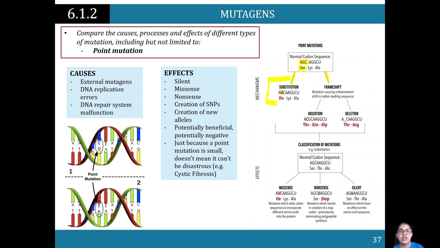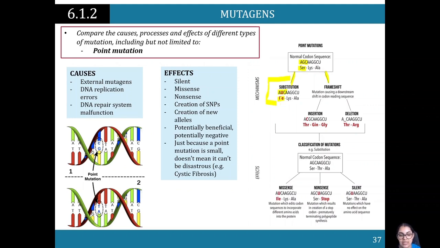Transcription has occurred, translation is happening now, but during transcription there's been that change to uracil. From guanine we've gone to uracil, and because of that the codon changes to the anticodon, my bad. The anticodon changes to AUC instead of AGC,